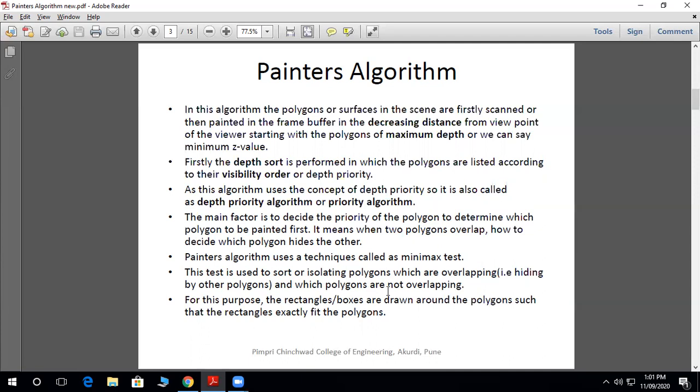So we need to check which are overlapping and which are not overlapping, and sort them accordingly. For this purpose, the first step is that we need to draw rectangles, or boxes, around the polygon such that the rectangles exactly fit the polygon.